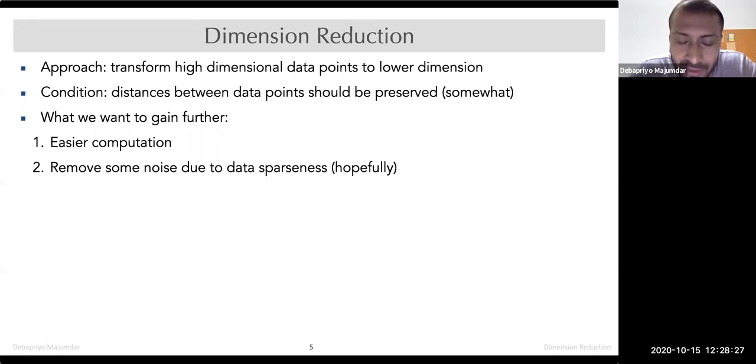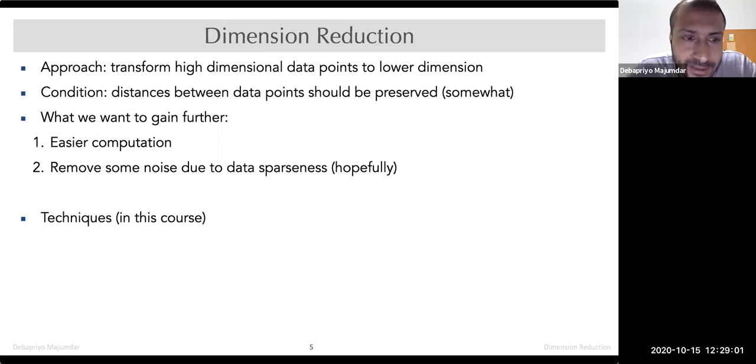Now, remember our linear algebra revision last time. We talked about projecting. And we also talked about subspaces. So whatever we do here, we will actually project onto some subspaces, not a trivial projection onto some subset of the original axes. Okay, so we'll explain that in a moment in more detail.